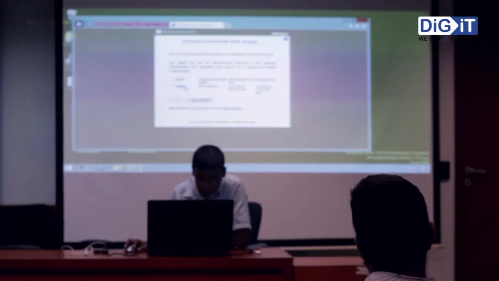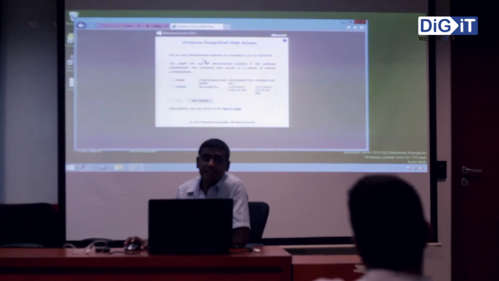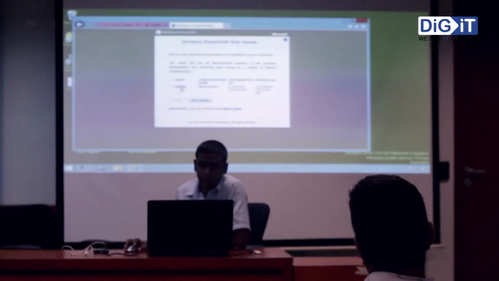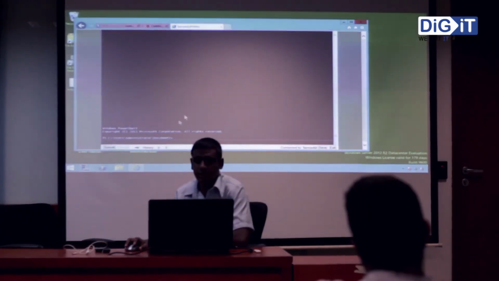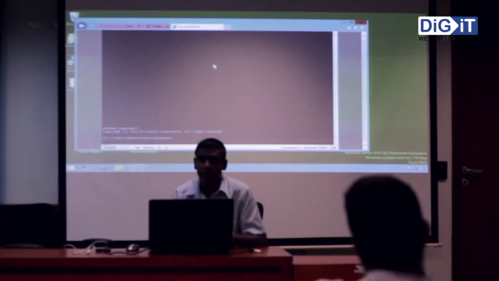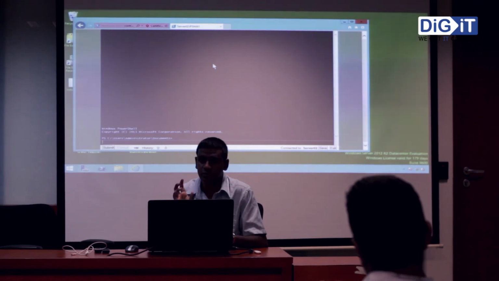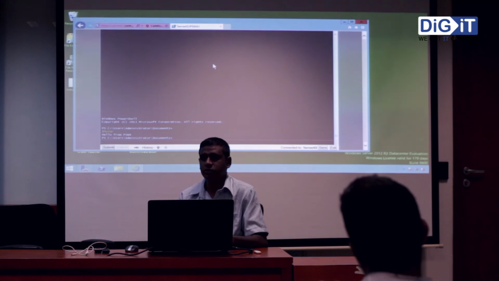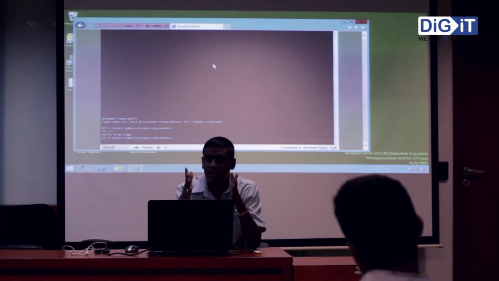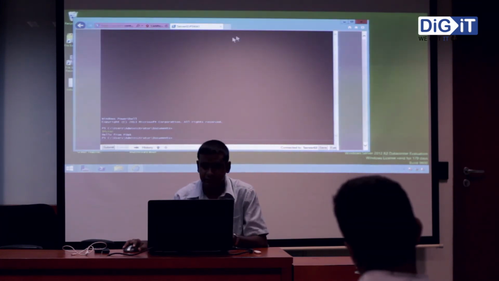Now it says there are disconnected sessions available. Now I can click this session and connect to that. Now I am going to type the variable name. If this is successful, the output should be the same because it's already saved. The output is there. So you are getting connected to the same session again.